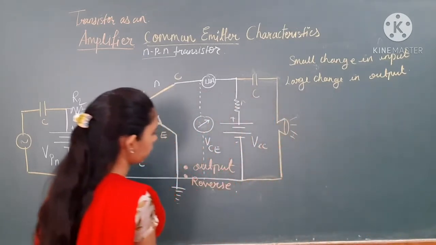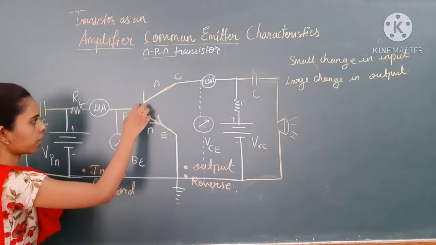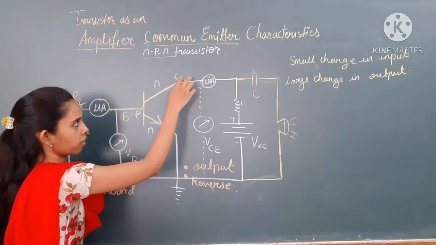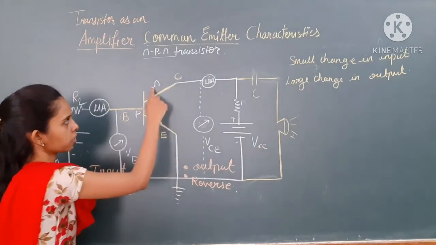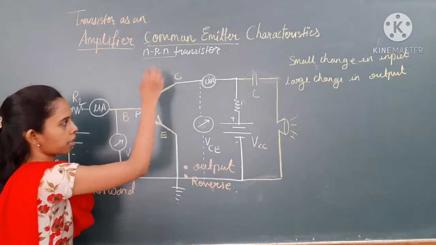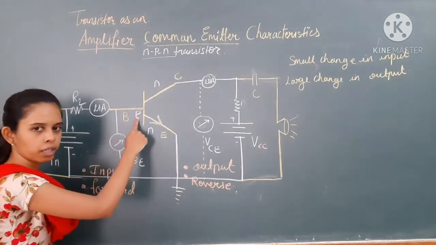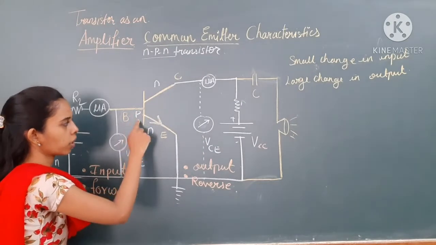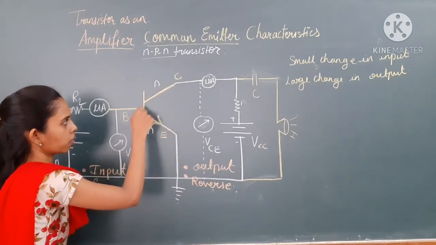So now, if you have understood, due to this, what is happening? The majority of the holes is being increased, and you add the collector's holes. The collector is doped with an N region, that means electrons are the majority carrier in the collector. The base is doped with a P region, that is, positive charges are the majority carrier here. So holes are coming from here also.